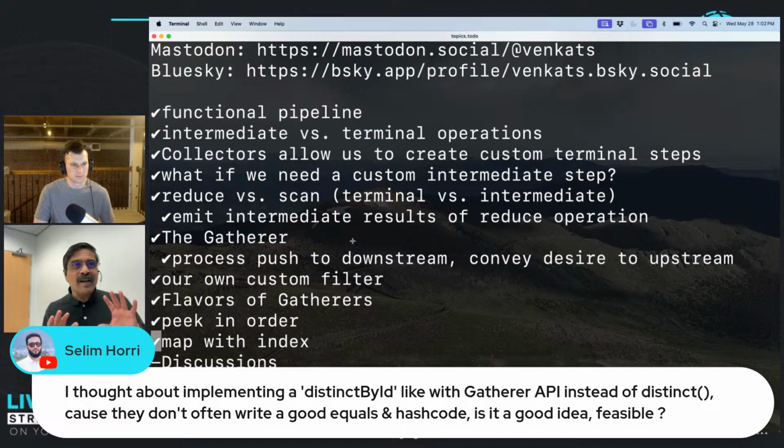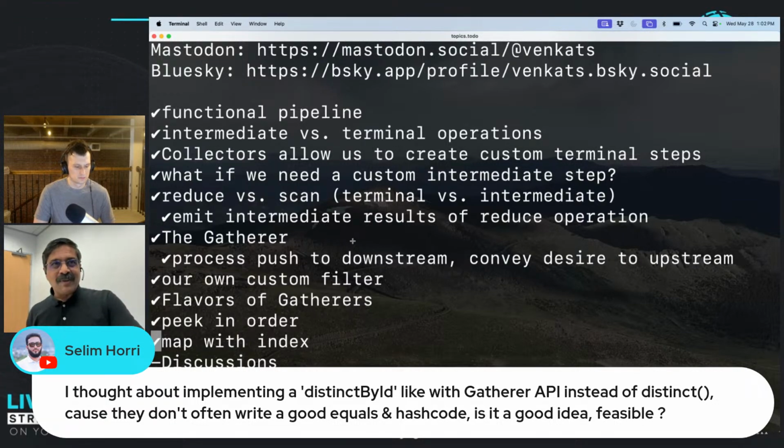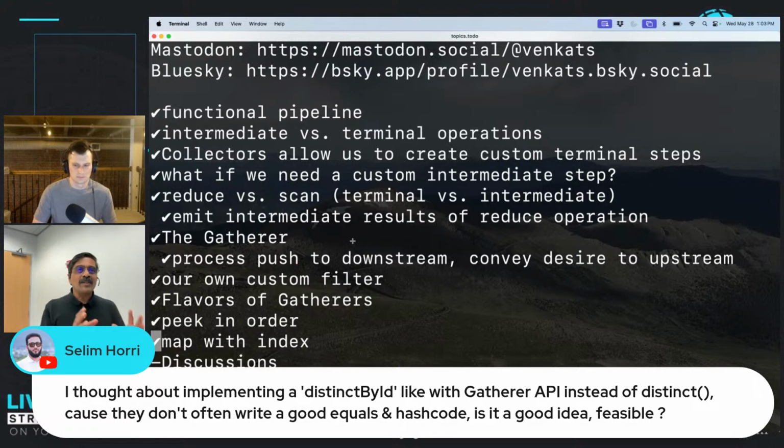So my first recommendation is to use built-in functions. Second recommendation, use built-in gatherers. Third recommendation, write your own custom gatherers. If you decide to write your own custom gatherers, then go through sequential versus parallel and stateful versus stateless, and decide which one is less painful. So I would take these in stages, and I may appear to be discouraging use of gatherers, and to a point I am,